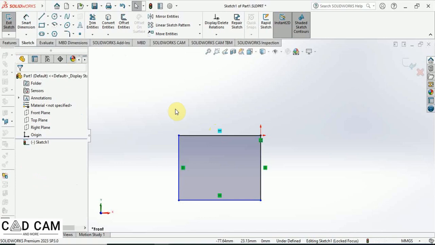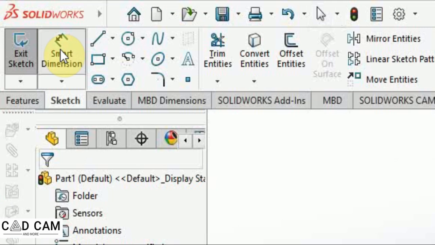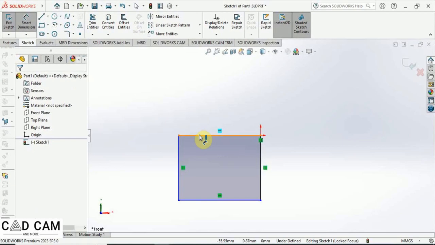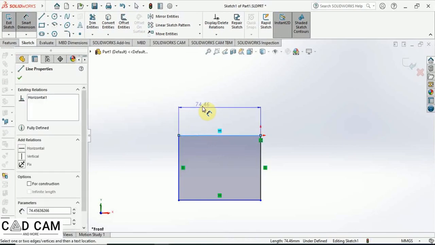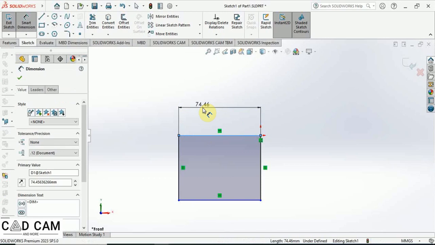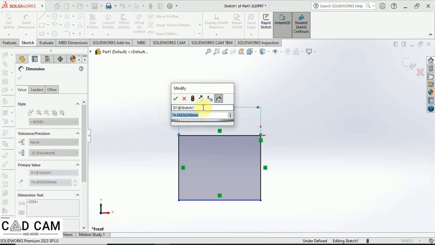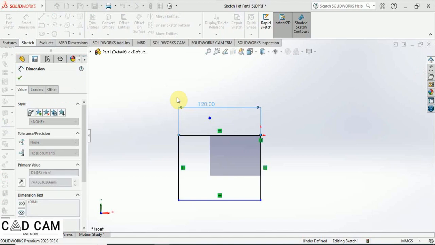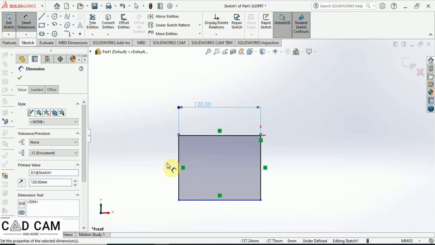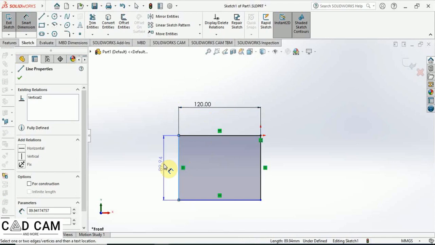Okay, to change and set the dimensions of a rectangle, select the Smart Dimensions tool from the Sketch toolbar, and then select each line by double clicking on the line and insert a value for the length of the line. Do the same procedure for the second line,